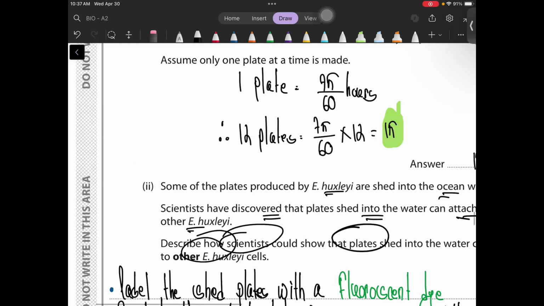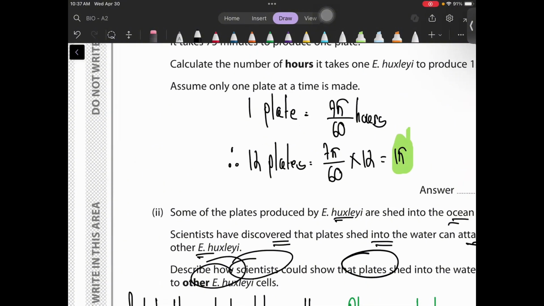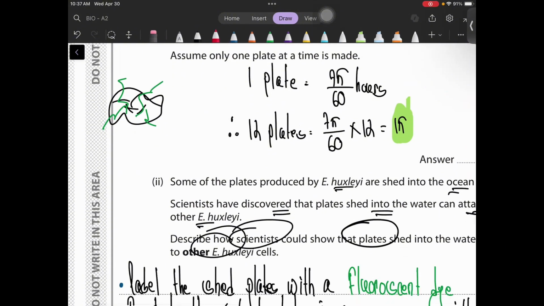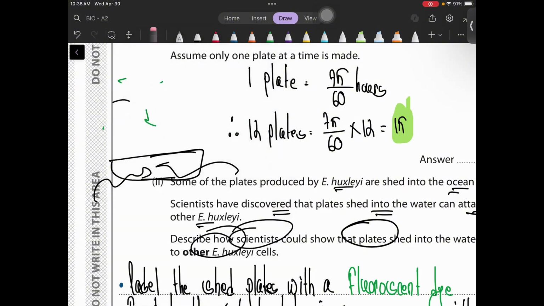So what we could do is put a fluorescent tag on these shed plates. We could put some of these fluorescent tags on this calcium paste so that they can be seen under a microscope, or under UV light. And then we incubate these shed plates with E. Huxley for a period of time, and then under the microscope we observe the plates